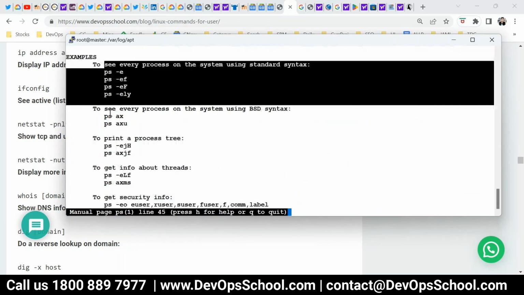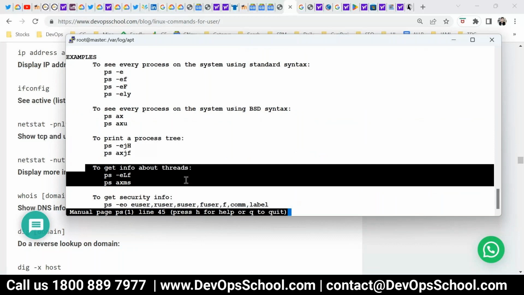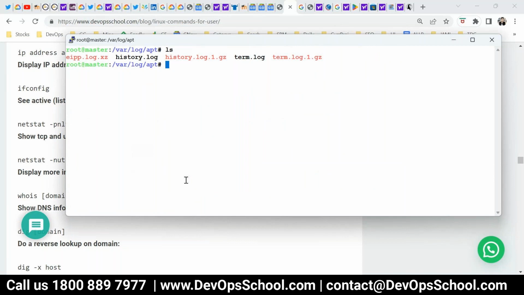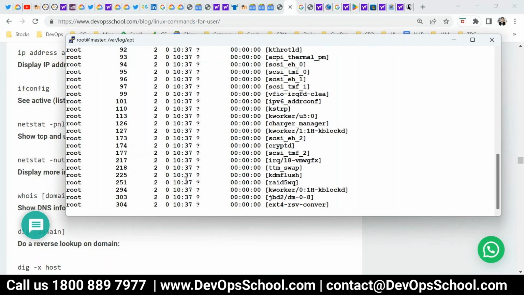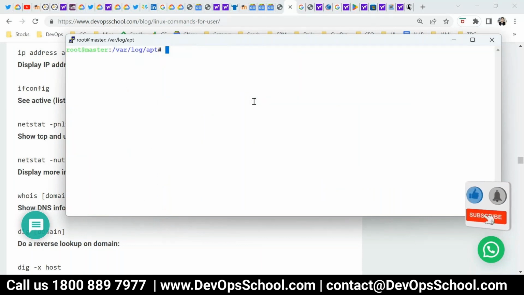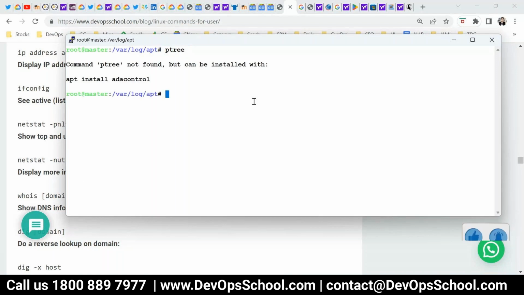How did you find the child process using ptree, Rajesh? If you want to kill some process, use the kill command. For example, we use ptree for finding the child process. Ptree is the process tree. Anyway, you can find the child process through ps -ef also. This is the PID, this is the PPID. So ptree is to find out the whole relationship. I don't know whether it's installed or not. It's a utility, and it's not installed, so you have to install it separately to get this.